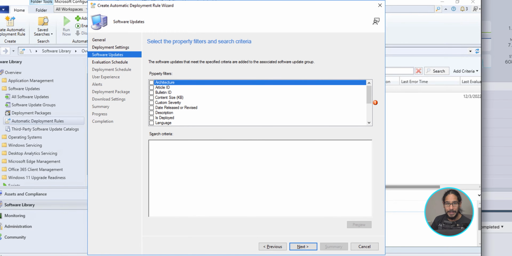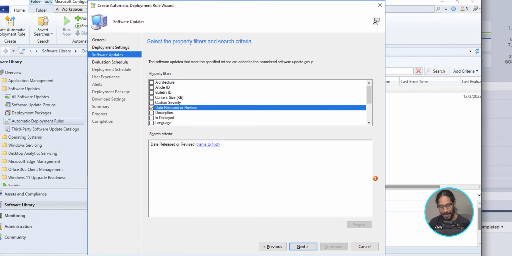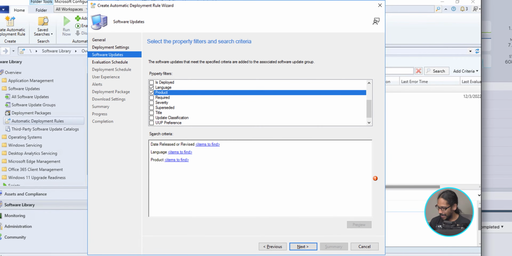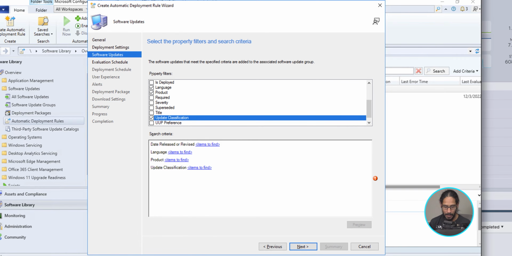Now, for the search criteria, I am going to select the four of them that I need. The first one is going to be the date released or revised. The second one is going to be language. The third one is going to be product. And the last one is going to be update classification. Great.